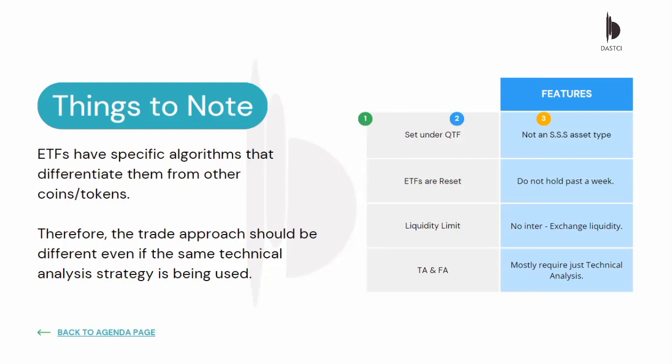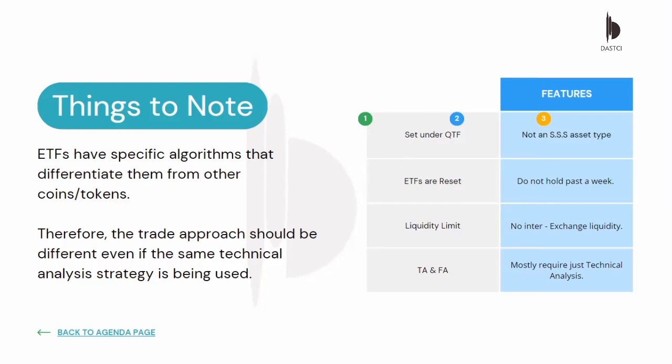Now, if you want to talk about ETFs' liquidity, they are not very liquid because they are peculiar to the exchange in which they are created. So let's say, for example, you are trading an ETF on Binance. It's impossible for you to go and sell a Binance ETF on maybe Mexc, which is another exchange, or maybe Hotbit, or maybe KuCoin or OKEx. They all have their own different exchange traded funds.